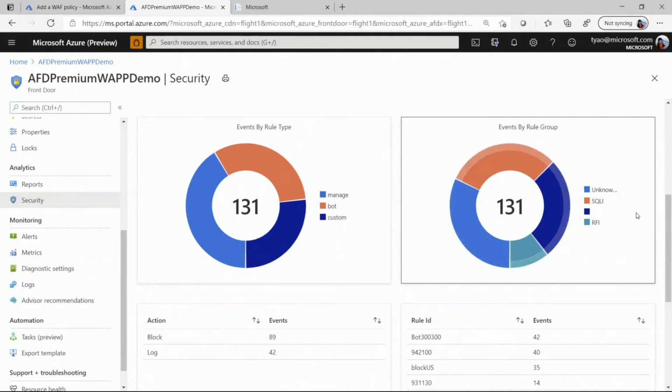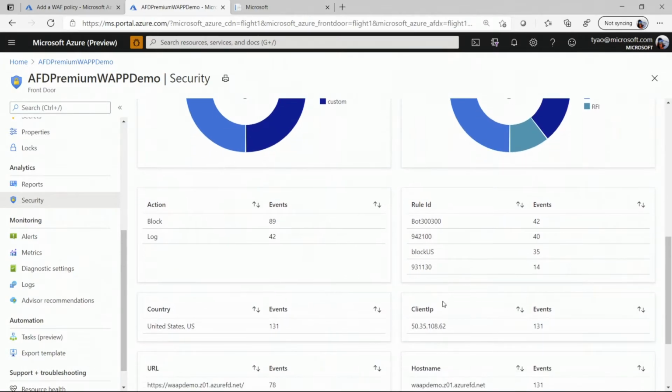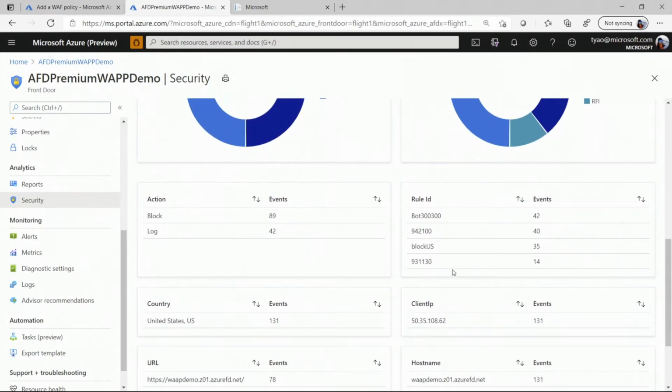It can also give you more details. It can tell you exactly which rule ID. For example, it tells you this is an unknown bot ID, and this is a SQL injection attack. So it's going to give you further information. On the summary, you can dive into individual requests if you want to. So that is the overview on the report side. That's it for the quick tour of the security capabilities with Azure Front Door Premium.